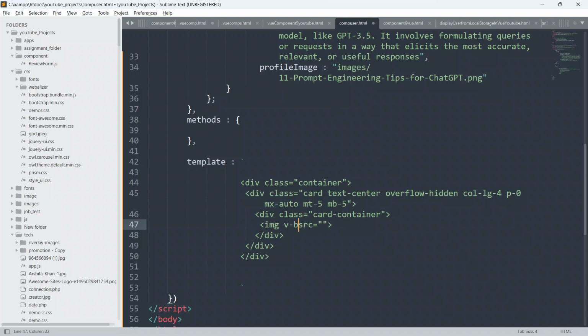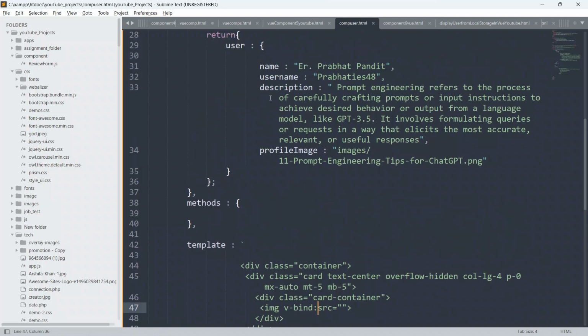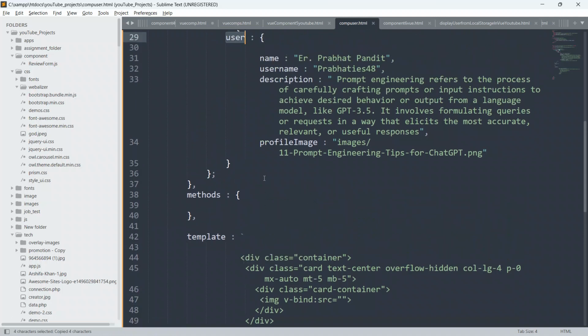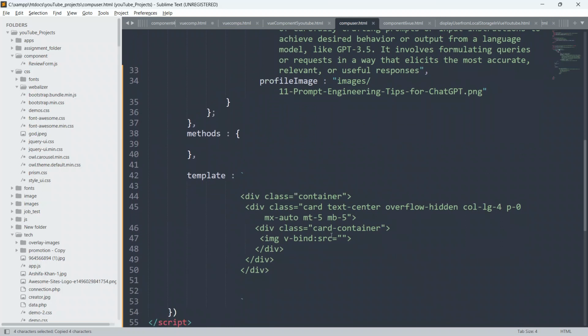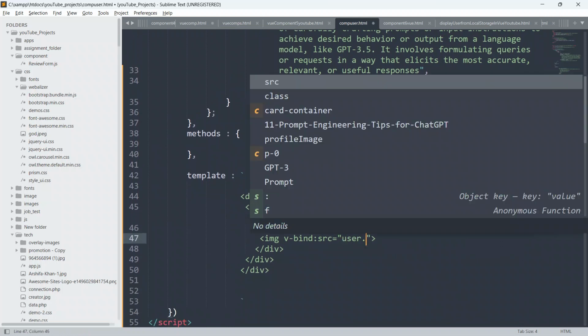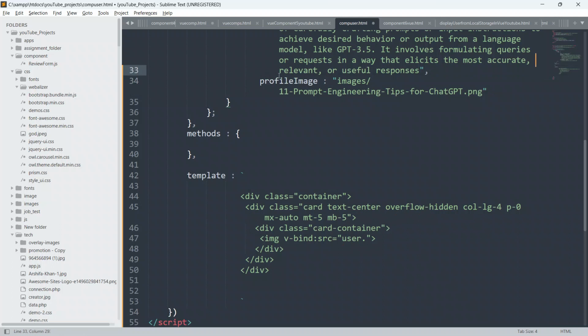You have to put a colon, and guys, here I will display this user, this user dot this profile image. Okay, this profile image, so paste it here.